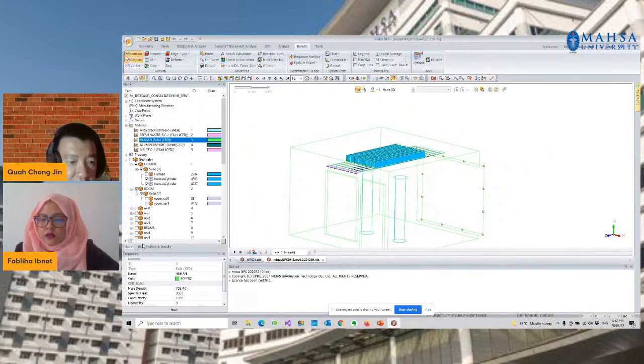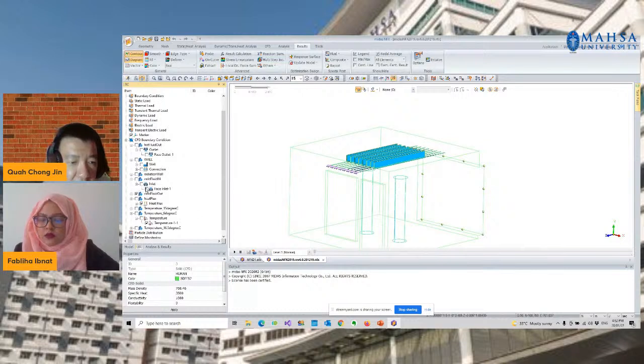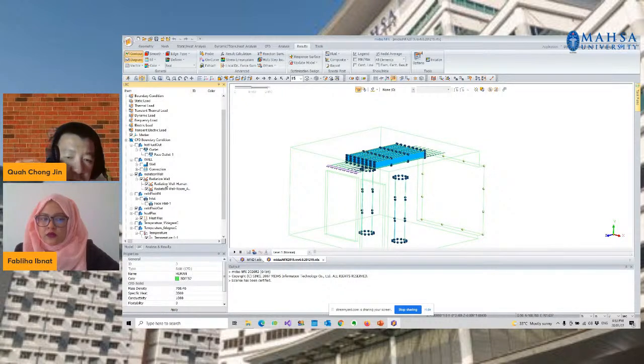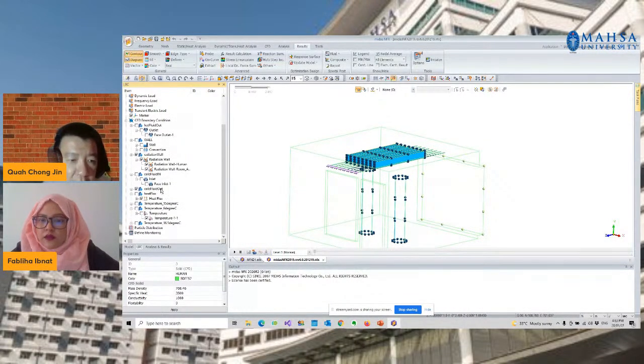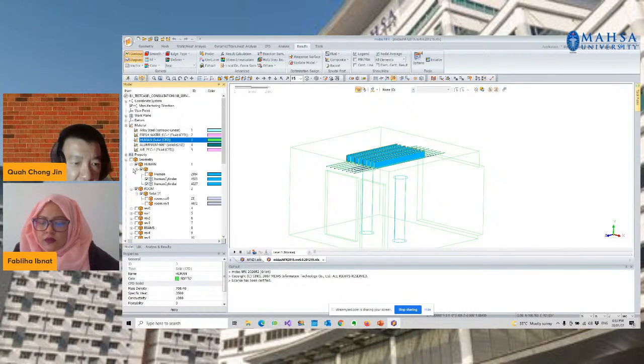So let's see back the setup. We're going to have radiation. In this case, we have heat radiation coming from the human, and also heat radiation coming from the wall of the room. All right, so this is a little bit complicated case study, which involves quite a number of physics phenomena. And of course, you may want to see how the mesh is created.